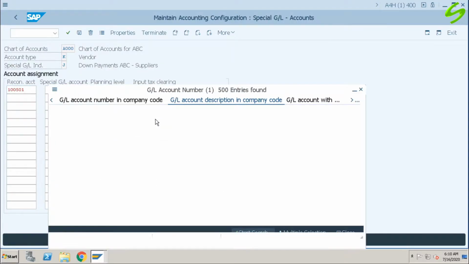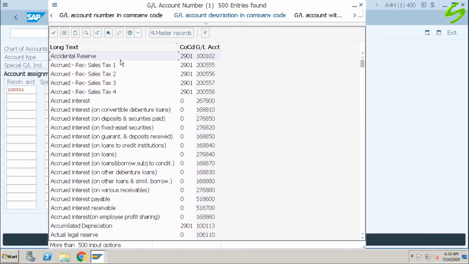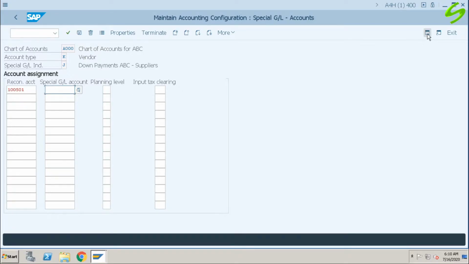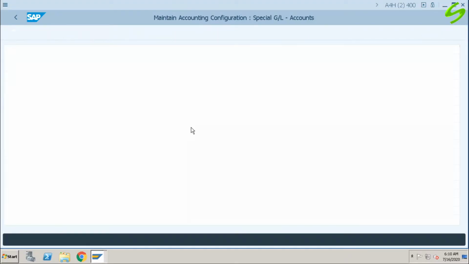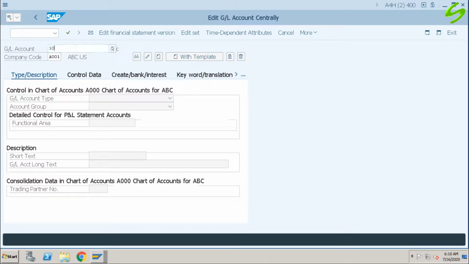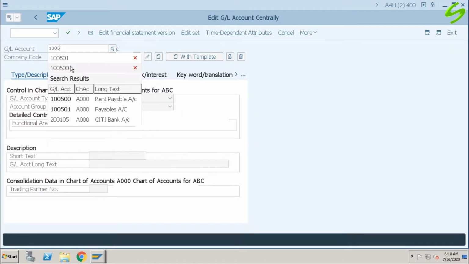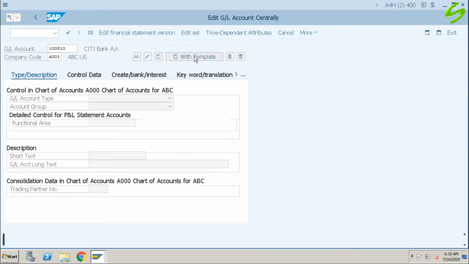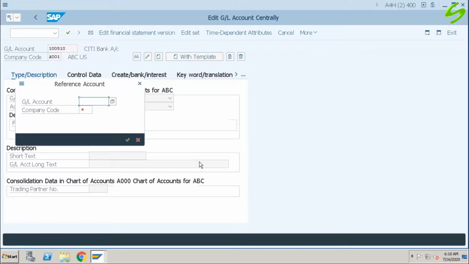We don't have a special general ledger account for our company code. We have to create it first. Let us open another session. FS00, 10510. Create with template 100501. Copy from company A001.